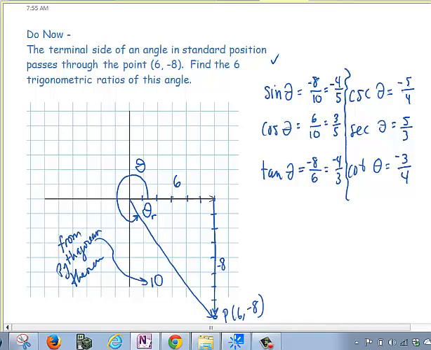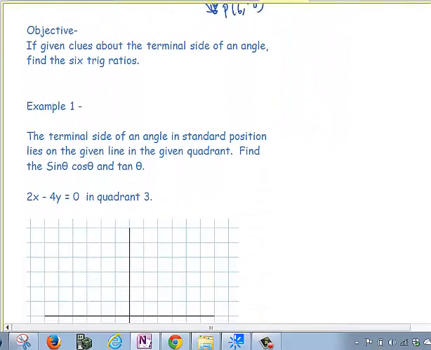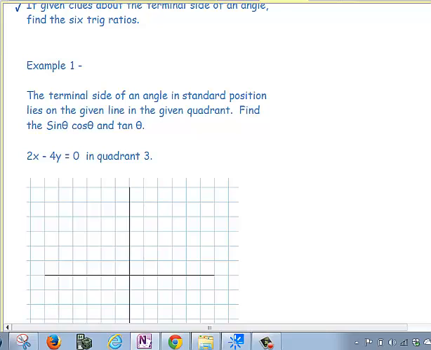So that's how you do that first type of problem that we worked on in class. And if you missed class, this is a second dose of it. So the objective for this video is, if you're given clues about the terminal side of an angle, find the six trig ratios. So in this question, I'm only asking for the sine, cosine, and tangent,